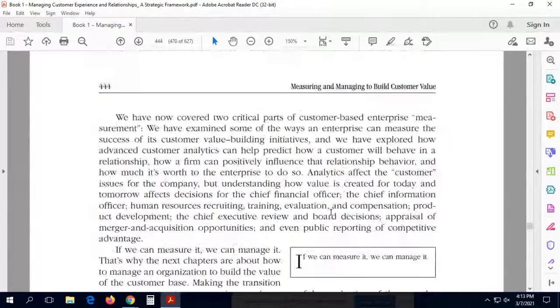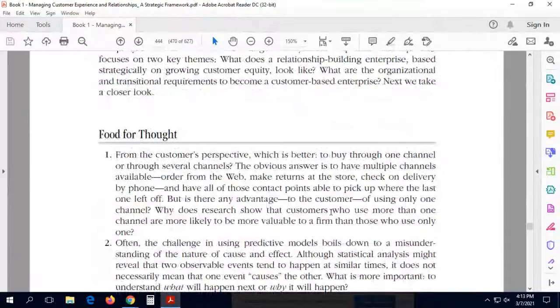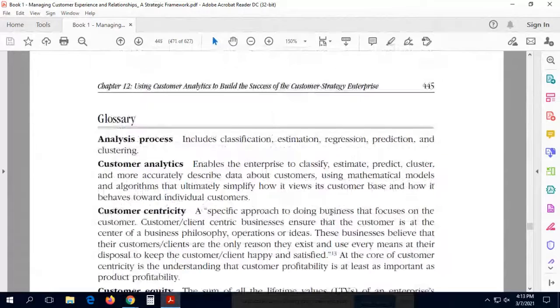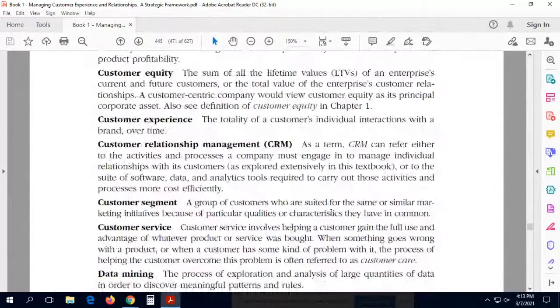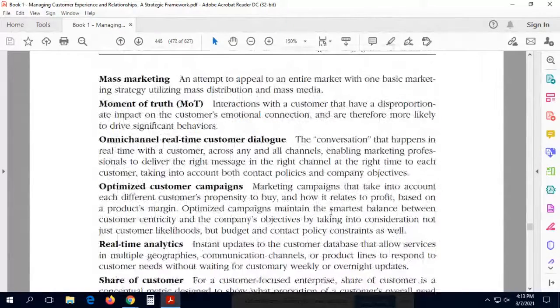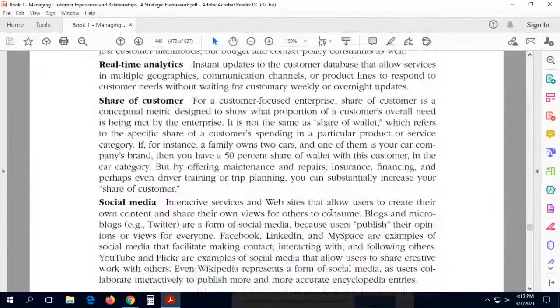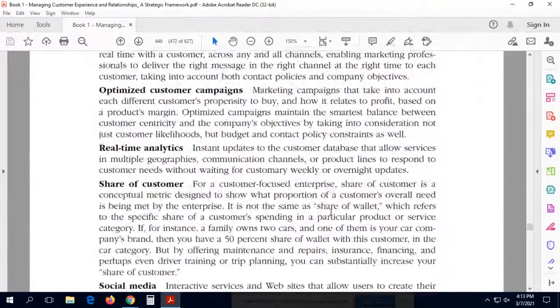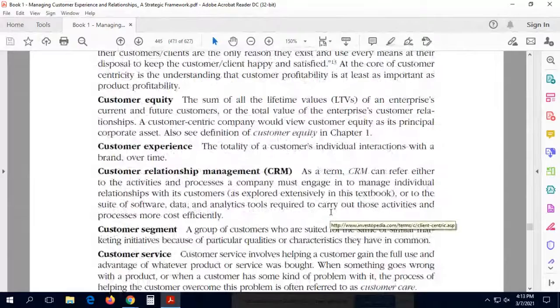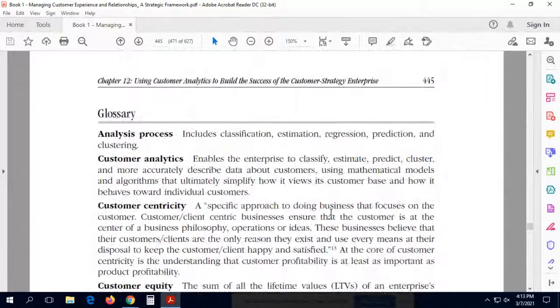Don't get worried about the numbers or anything, essentially. Because they were talking about analytics, so they thought maybe it is nice to show you in numbers that being customer centric,